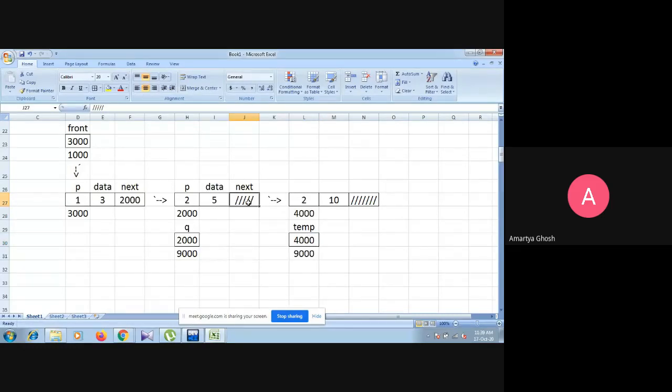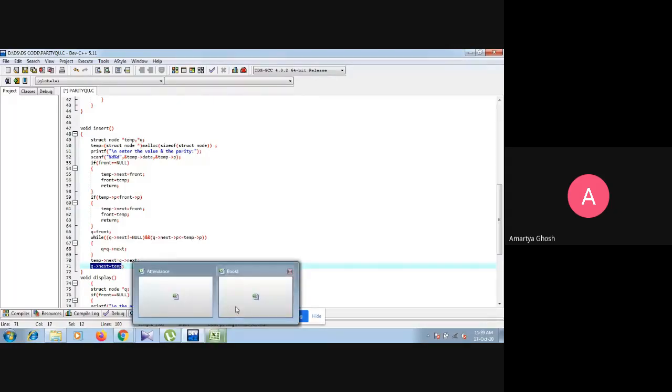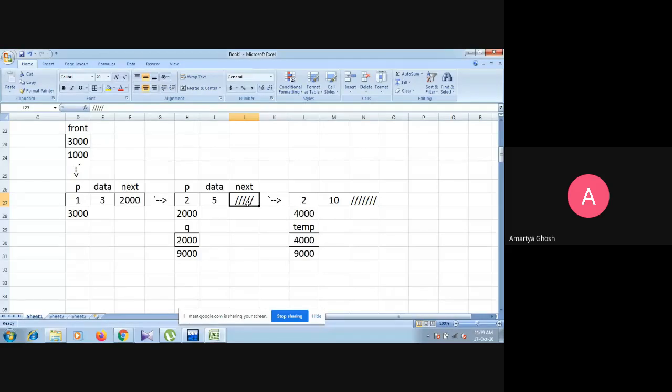So what is this position? Q arrow next. So Q arrow next equals to temp. So you can see here Q arrow next equals to temp. That is why this link will be created if 4000 is assigned here.